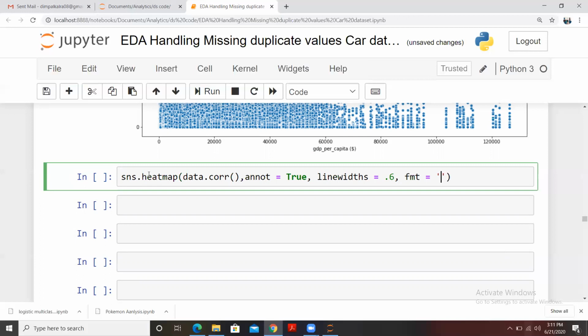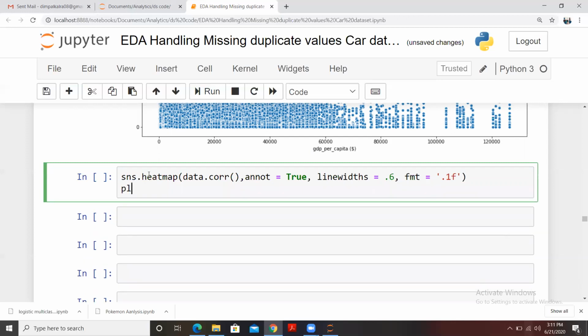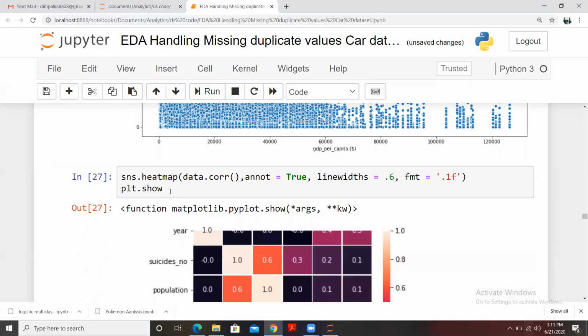So I'm using just one decimal float value, and let me use plt.show.